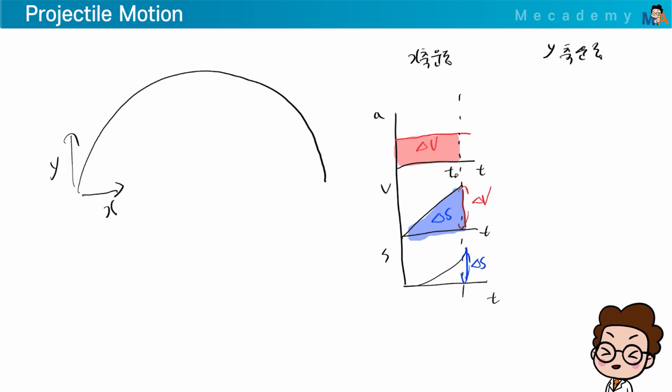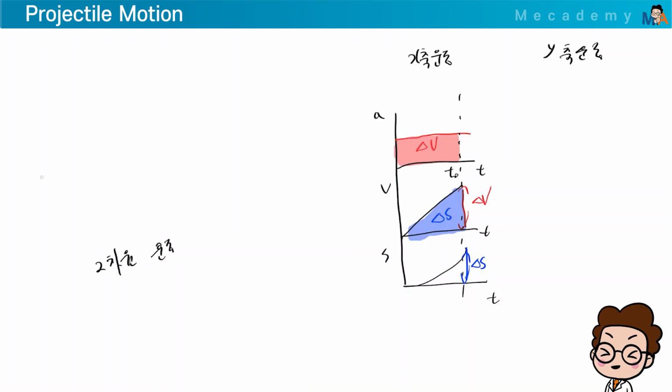However, in projectile motion, movement occurs along both the x and y axes simultaneously. We've been solving problems with just one axis, but now there are two. That's exactly why it's called two-dimensional motion. Then, for example, let's consider it a ball. Consider a ball thrown diagonally at an angle theta.